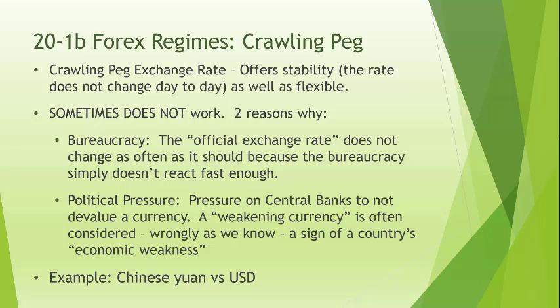So let's look at some of these different foreign exchange regimes. The first one we're going to look at is the crawling peg. Obviously, a fixed exchange rate is a fixed exchange rate, but most countries don't have fixed exchange rates per se. If they want something that's relatively constant, then they're going to probably use what we call a crawling peg. Now, the terminology that a lot of international economists use for fixed exchange rate is a pegged exchange rate. And the reason why is because, of course,